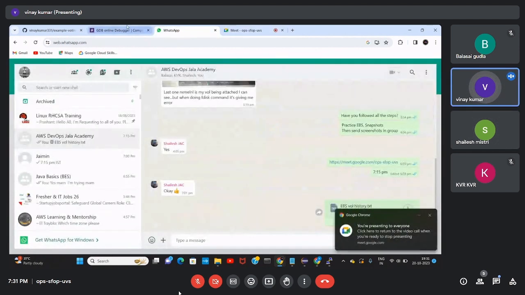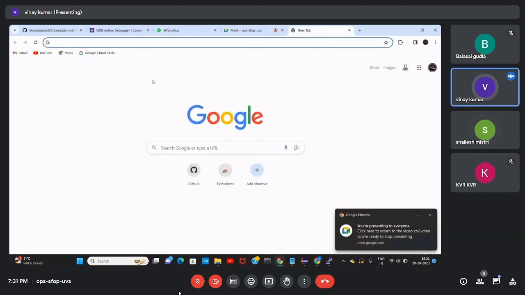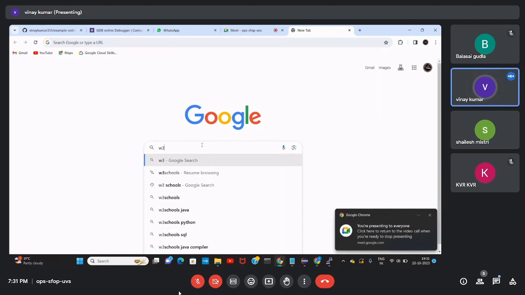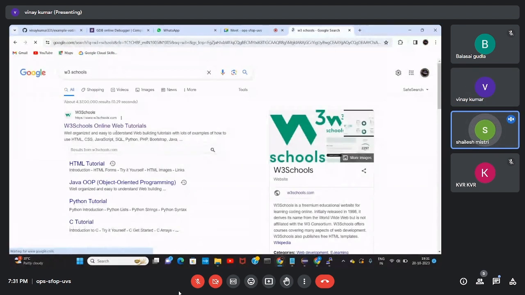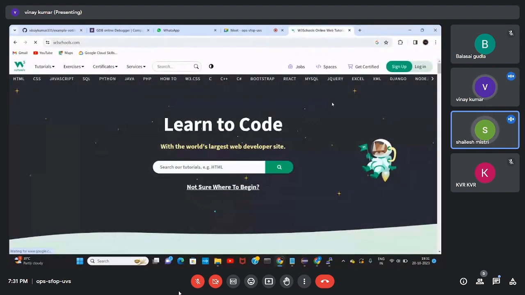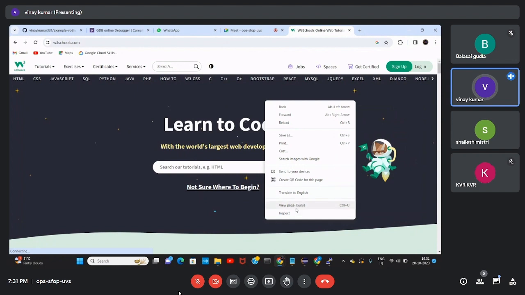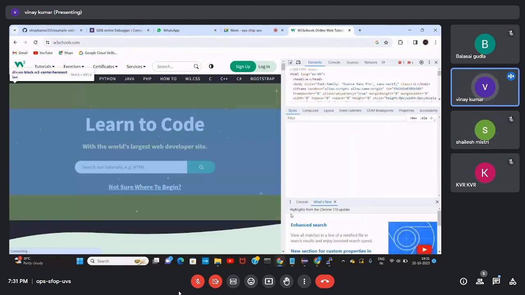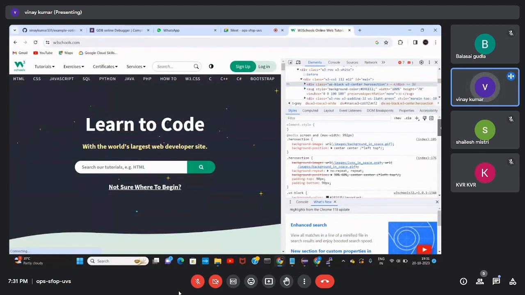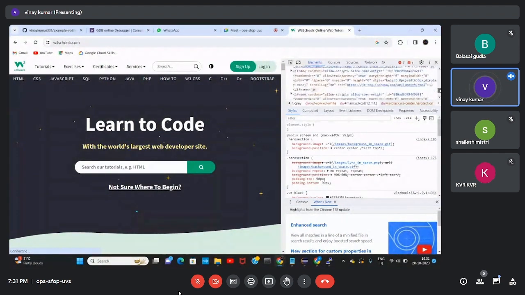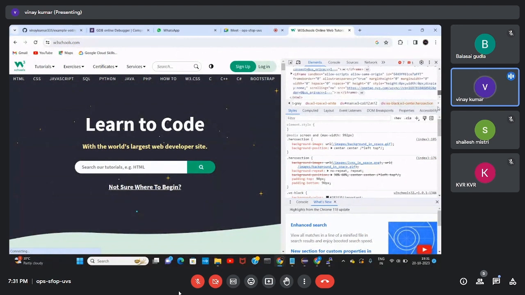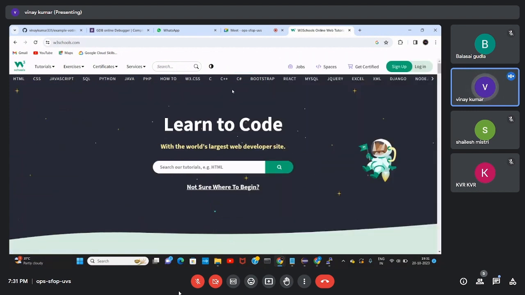Okay, we will do one thing differently. See W3Schools. If we just see the source code, we'll get the HTML of anything. I'm doing a right click. See, there is an inspect option. I'm selecting inspect, then I will get the code of this particular thing. You can also do it like this, but no need. We will go with this one only.